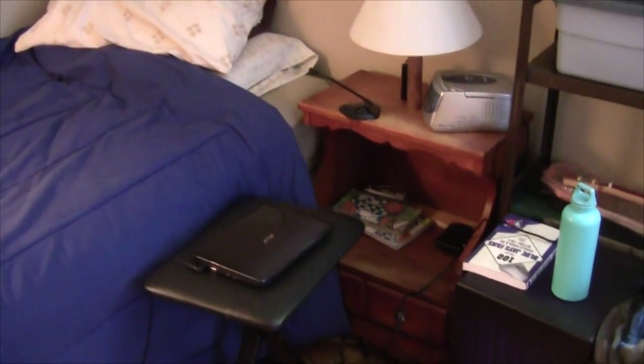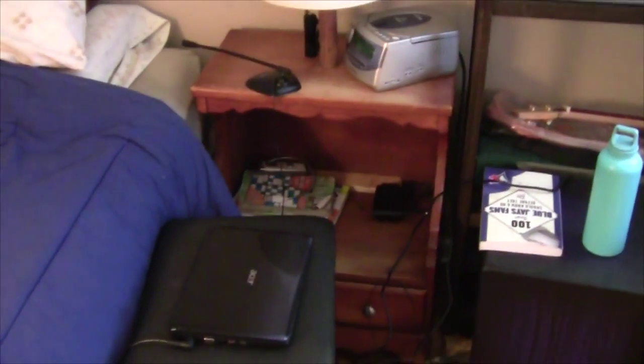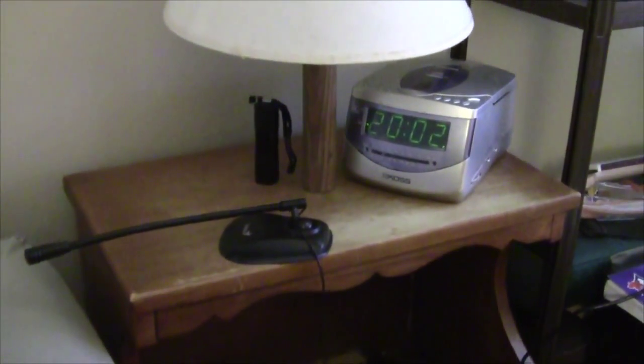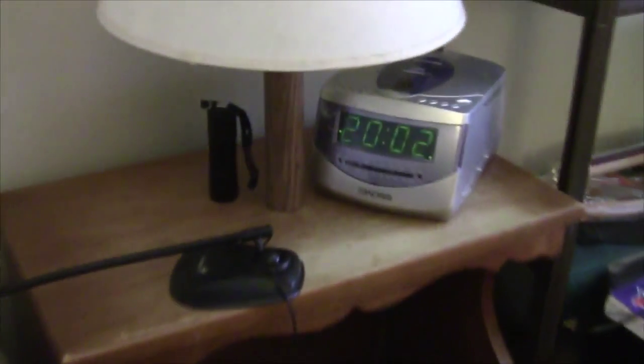And then I have my bedside table here, which is right beside my bed, obviously. I got this bedside table, someone was just getting rid of it, so I just picked it up and cleaned it up and everything. So I actually just recently added this lamp to the bedside table. I had a glass lamp that broke before, and I used the parts from it, along with